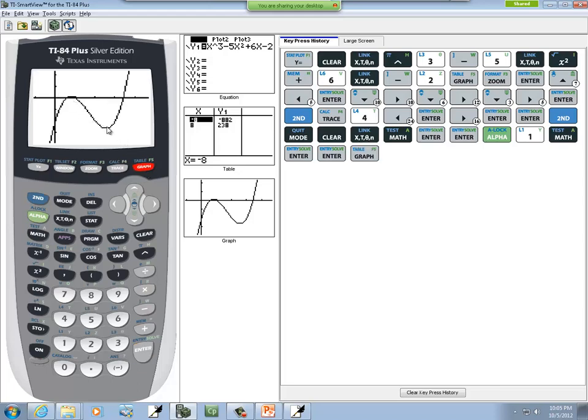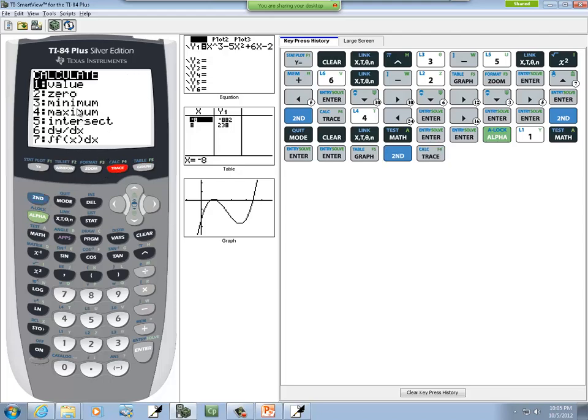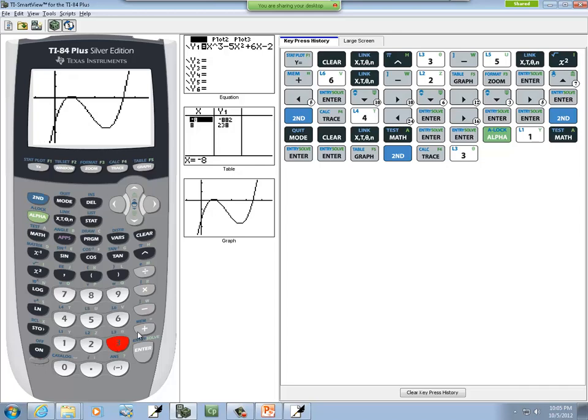We want to find our relative min over here. So I'm going to do second trace, and I'll choose minimum, number 3. Now we want to put our cursor to the left of where the min is. Now this is to the left, but it might be a little bit too far to the left. So I'm going to press my right arrow key to get it closer. And that's probably good enough right there. Then I push enter. Now it asks us for right bound. So I want to press my right arrow key to get it to the right of where the min is,